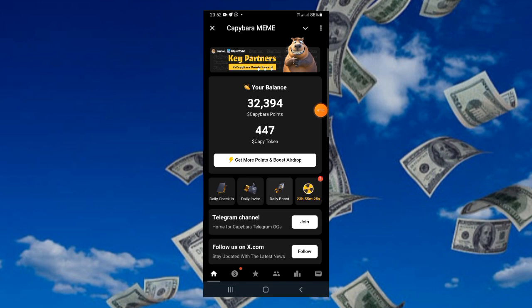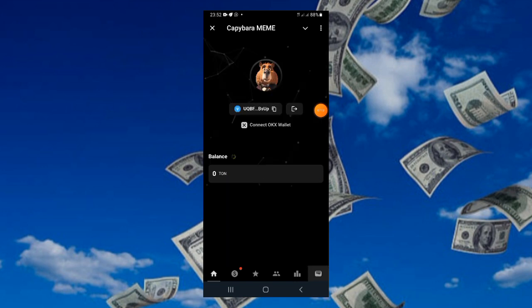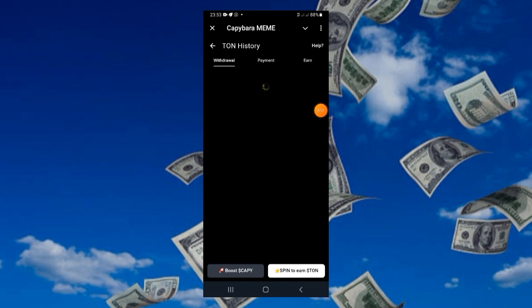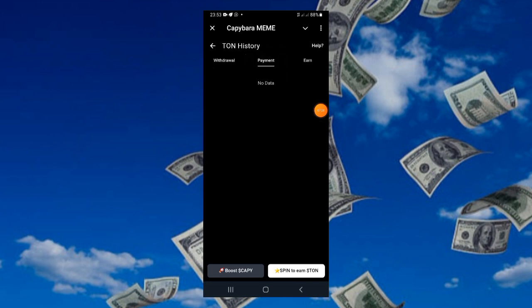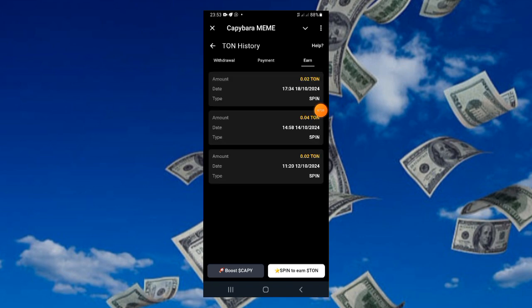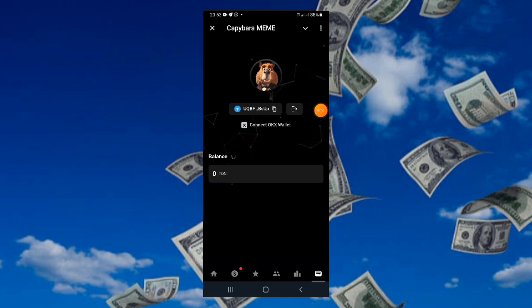So I told you guys I'm going to show you how I've withdrawn so far. So let me quickly go there. So this is it. If I just go here and check my balance, these are some of the withdrawals I've made, and there are more that are still coming. So if I tap on balance here, it's going to load up. You can see it, you see withdrawal, you see everything is here. These are successful payments I've received. These are all my earnings, and I've received them, and they have paid me. So they are still going to be paying more and I will be doing more.